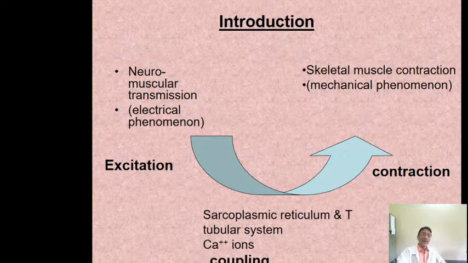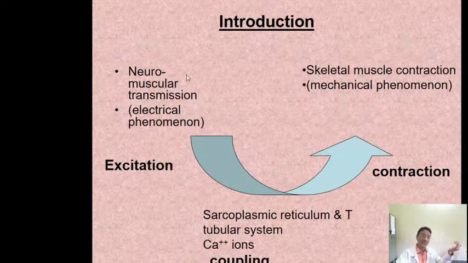Now here, in the excitation part, you will see that it's a neuromuscular transmission. You know that nerves innervate the skeletal muscle. Let's say the biceps muscle is supplied by a motor nerve coming out from the brachial plexus. The brachial plexus nerves end on the muscle fibers of the biceps. If the biceps muscle has to contract, it has to receive an impulse from the nerves, and ultimately the impulse has to end on the biceps muscle for it to contract.